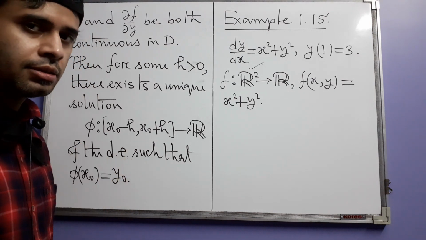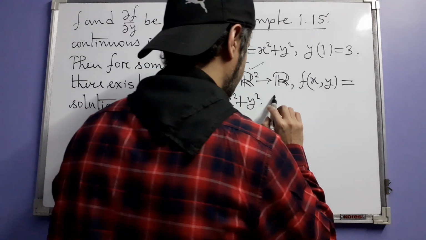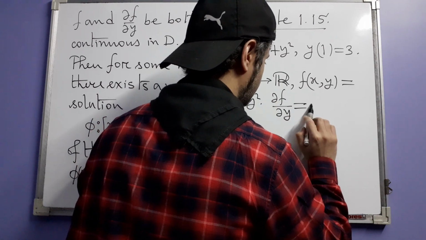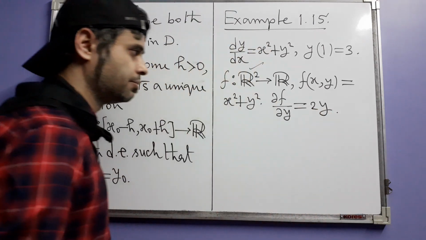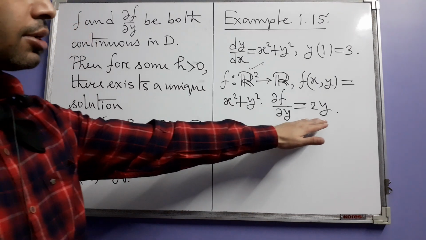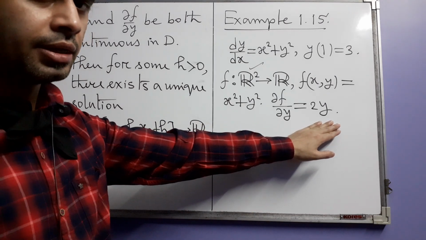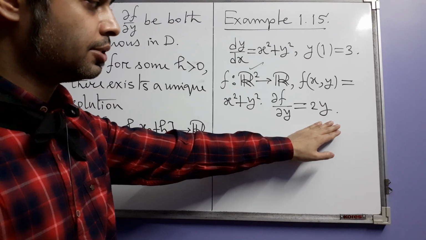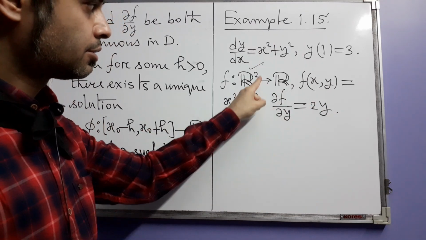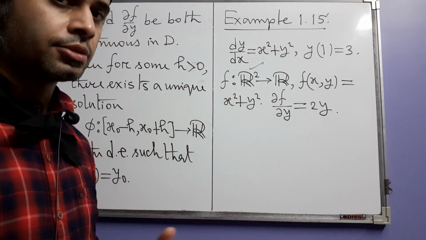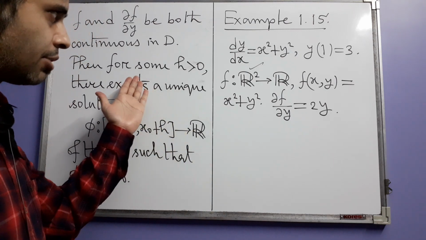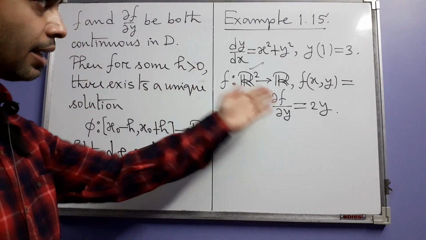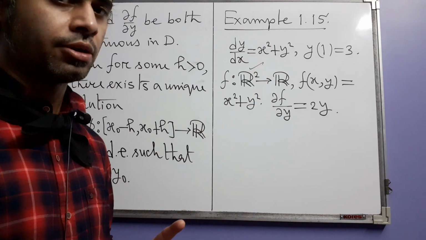Next we have to see the partial derivative. Partial derivative with respect to y is of course 2y, which itself is also a polynomial in x and y. X is not present there, that is not a problem. So, this is also continuous throughout R2. So, yes, our theorem is applicable here, and the theorem tells us that this IVP has a unique solution